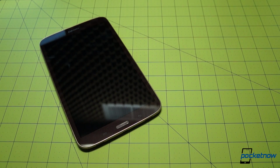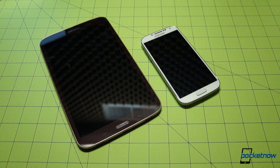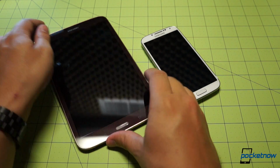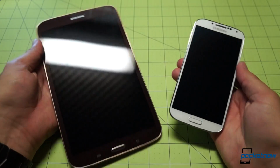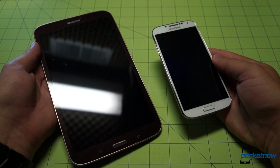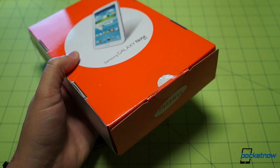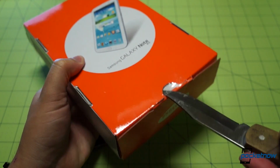Now, before we power on the unit for the first time, we're going to show you a couple devices next to it. First is the Galaxy S4. No mystery at all where the design influences are coming from on this line. Samsung making a big point of staying consistent in their Galaxy products these days, and this is about as consistent as you can get. And since we teased it with the packaging before, there's no reason not to pop open